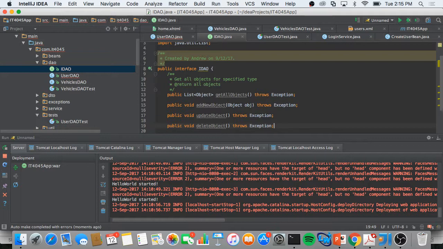Is there anything else we think we'll need to do to interface with our XML at this point? So we have create, read, update, and delete. Is there anything else? No? All right. So now that we have our interface, we can go ahead and